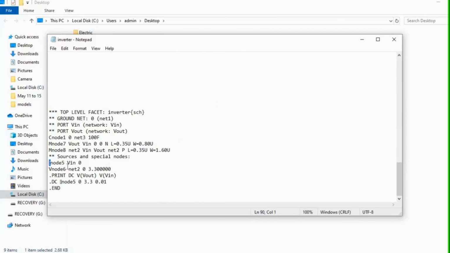You will notice that there will always be a special character if you are going to use DC analysis. So just change this special character into letter V. In some computers, it will just show a space. So highlight the space, then change it to letter V. Some would just show a special character in the form of a space. So just convert the space, change it to letter V. Then don't forget to save your file.